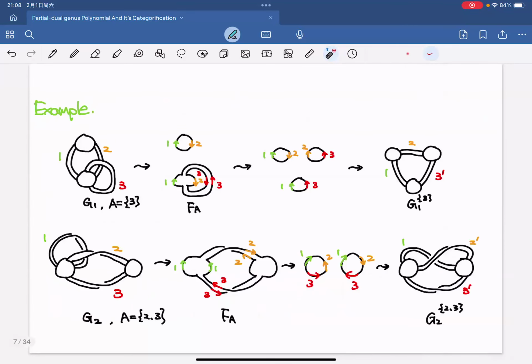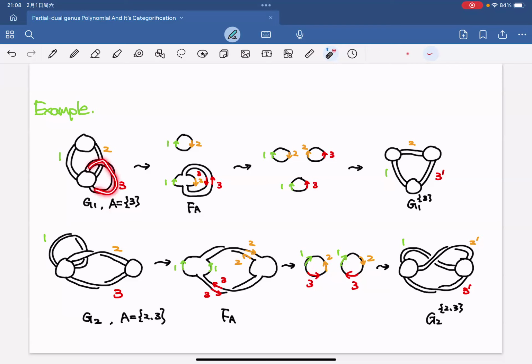So here is an example. Here we have 2 examples. For our first example, we have a ribbon graph, and it consists of 2 vertices and 3 edges. We just call them 1, 2, 3, and we choose the subset to be the third one,